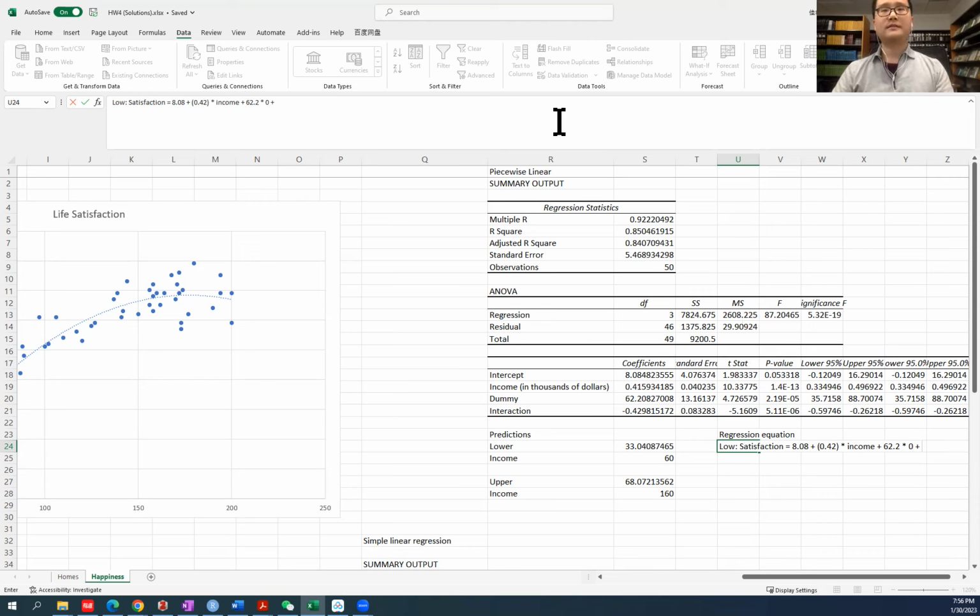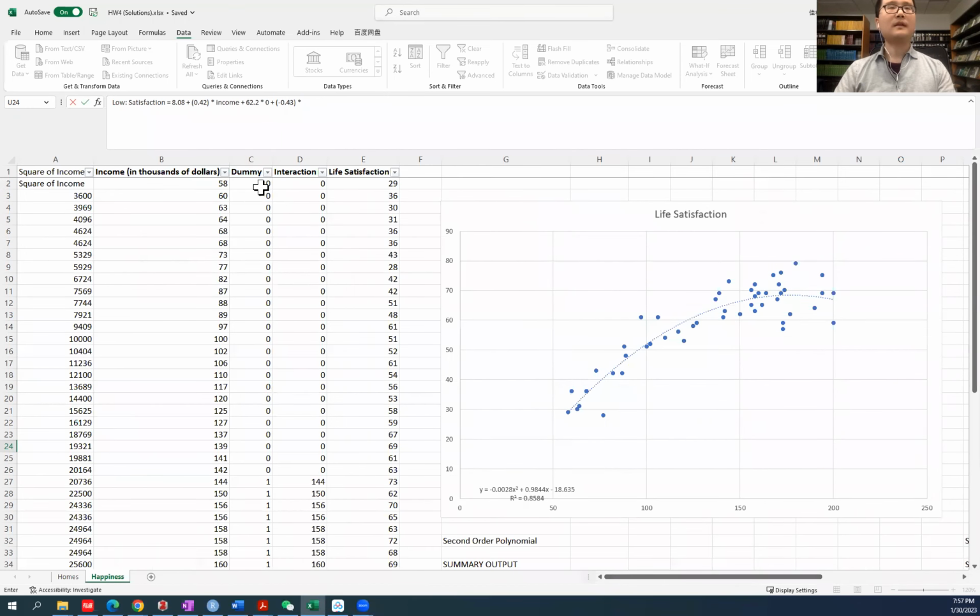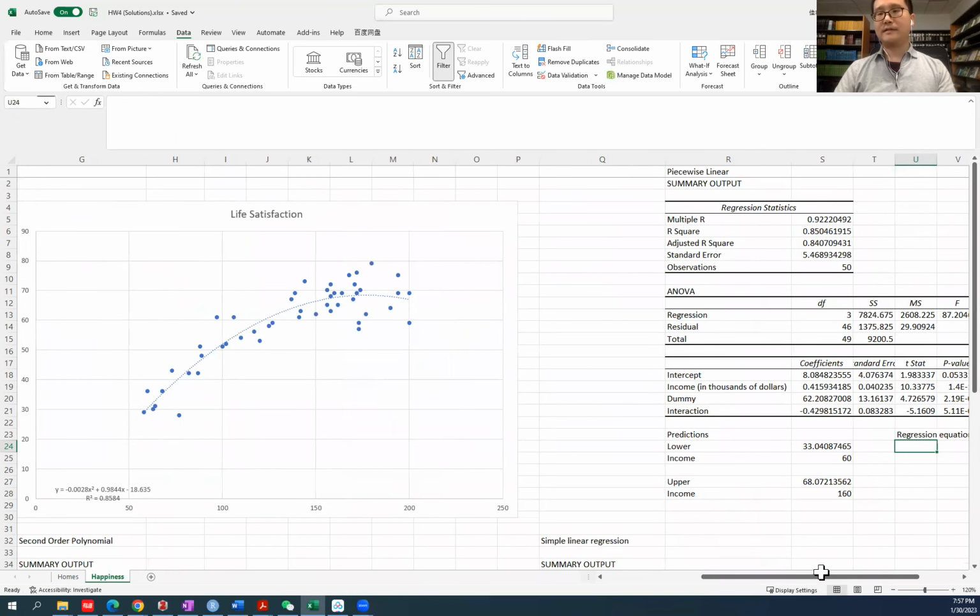However, for the interaction, we also use the same rationale. We still have the coefficient, but the interaction, notice here, would have 0 as the